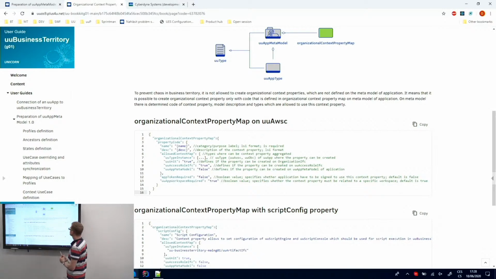You are defining it only on Metamodel, so you can list the application types which should be affected by it, and you can tell if it could be created also on unit, access role, or Metamodel,